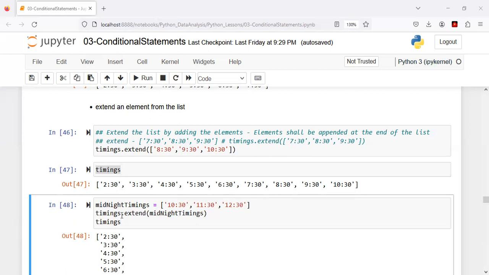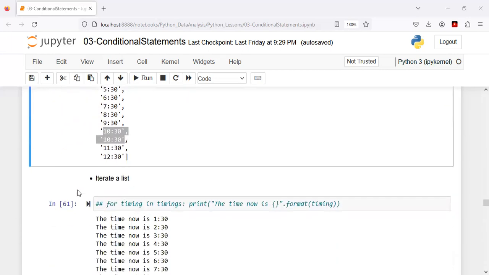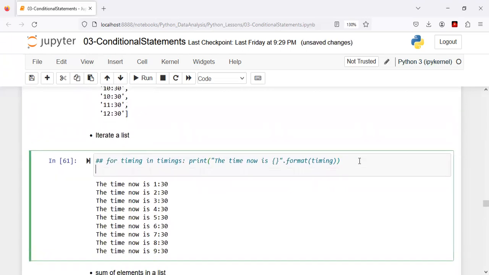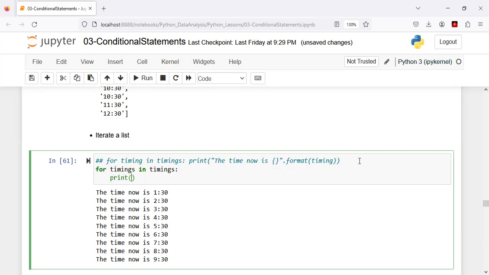All right. So hope everybody has completed till this point. Let's try to iterate over the existing lists that we have. So we can use the for loops in order to iterate over. So we can use something like this, for timing in timings, and then we can print the output. So the time now is